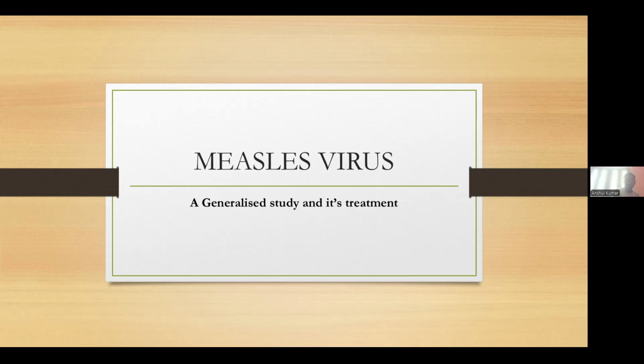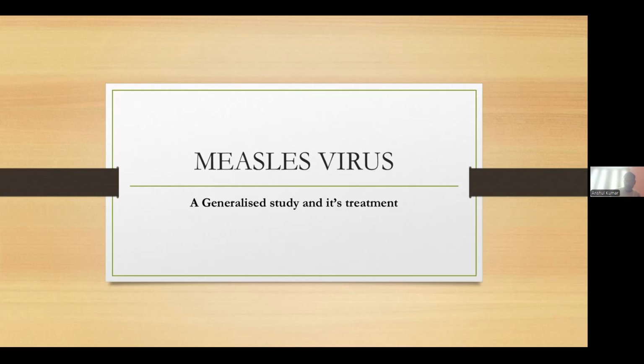So here, basically, the Paramyxoviridae family contains respiratory syncytial virus and parainfluenza virus, including two contagious diseases, or we can say which can easily spread from one person to another, that is, the childhood diseases measles and mumps. So today I'm going to discuss the measles virus. Before going to that, I would like to share some of the important properties of the